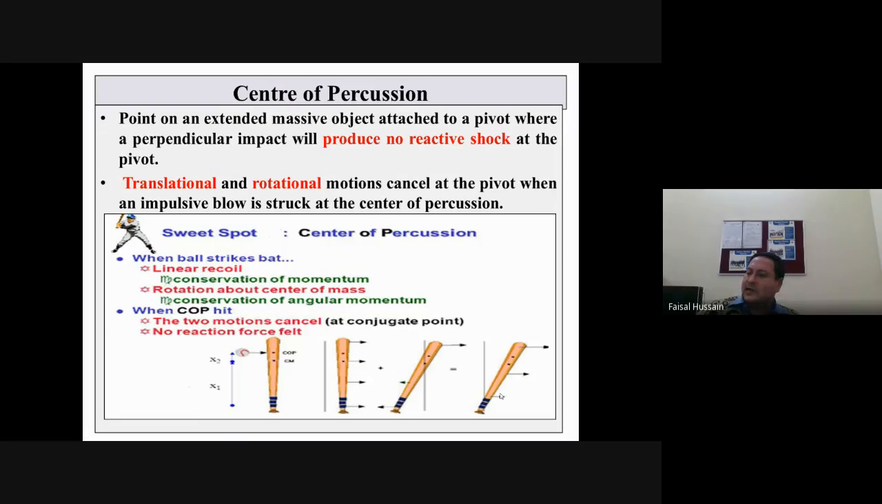Now, let us move to the center of percussion concept. Center of percussion means what? It is the point where there is an impact but it produces no reactive shock. For example, if we take an example of a cricket bat or a baseball bat, each and every student plays cricket. So tell me, and please,